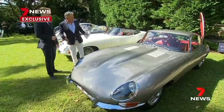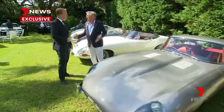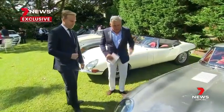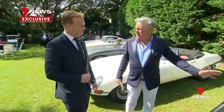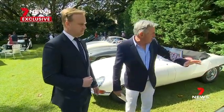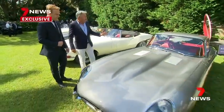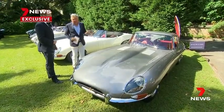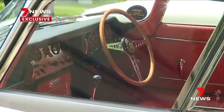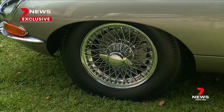And what we have here is a whole row of all of the different E-Types that have been produced over the years. But possibly, I suppose, two of the most important ones. Well, the original one was the fixed head coupe, which is this. So this is a 1962 version, and it's an absolutely remarkable car. Everything has been completely restored in this car. So it's probably better now than when it left the factory in 1961, or 62, this one,